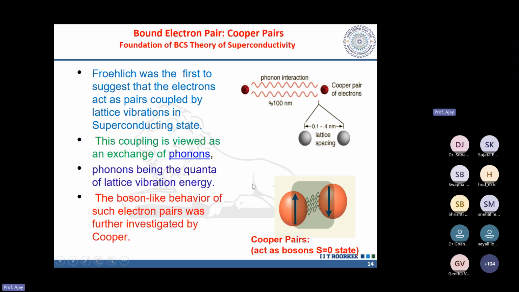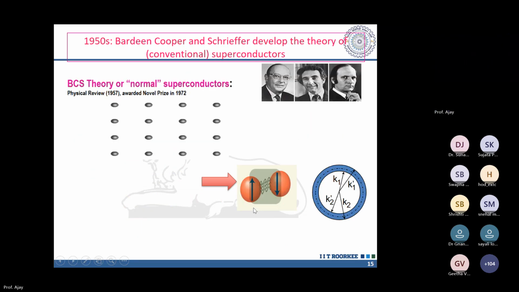So there is an entity that's called a Cooper pair, and they are bosons. These bosons have very high coherence length, and also they have a bound state, which is generated by quanta of vibrational energy. And this boson-like behavior was described by Cooper, one of the scientists. So the basic idea: there were three scientists, Bardeen, who is a semiconducting engineer, an electrical engineer, who has two Nobel Prizes,